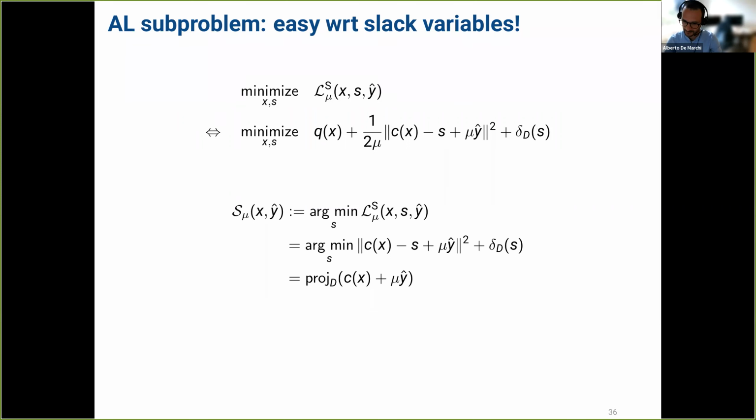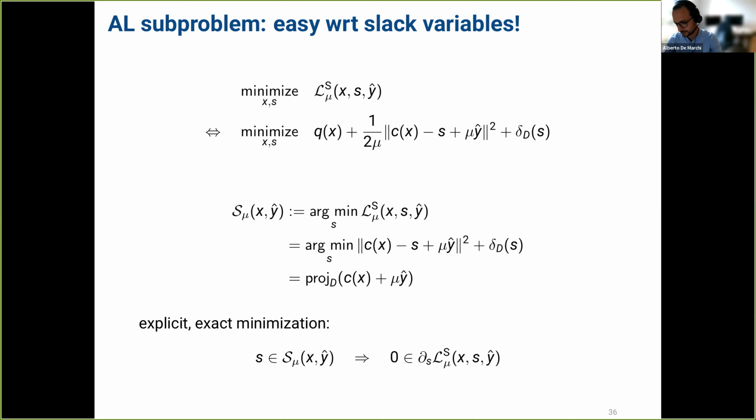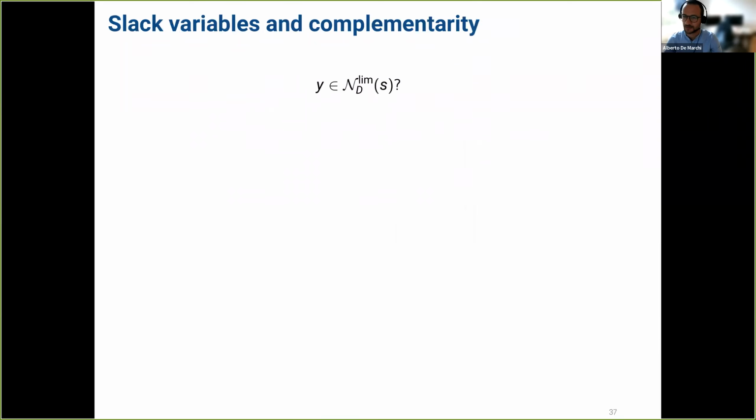So given x, we can minimize the subproblem. Given x, we get an xk, say, then we compute an sk using this projection, and then what we will get is that the minimization with respect to s is exact by construction. So what does this mean for complementarity? Well,